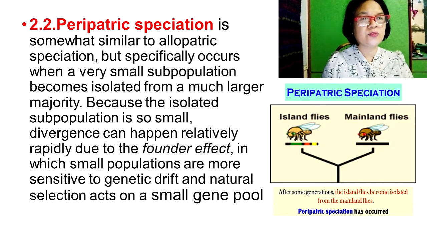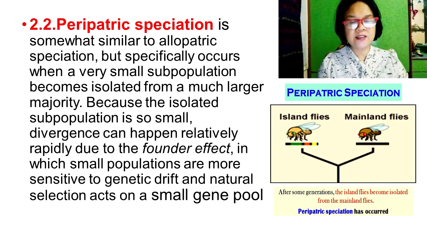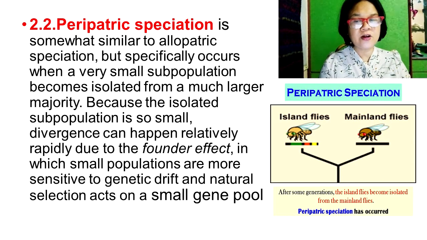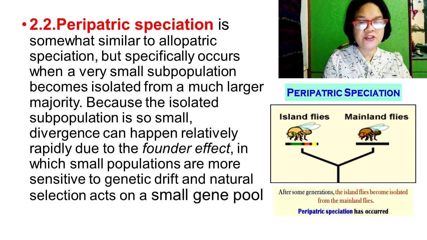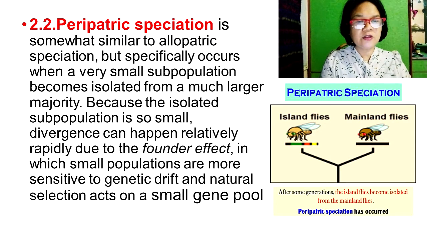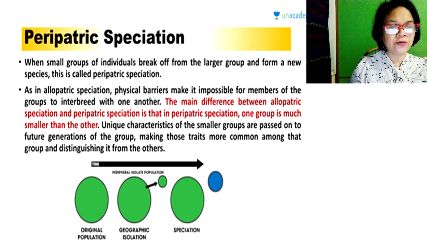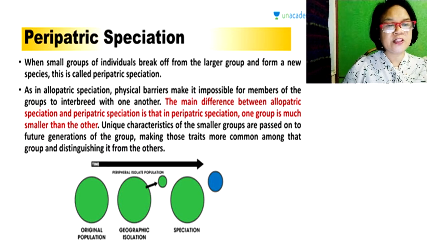So therefore, there is what we call peripatric speciation that had occurred. So there is what we call the presence of the founder effect. Next, after the peripatric speciation, we have some more information with regards to peripatric. When small groups of individuals break off from the larger group and form a new species, we call this also